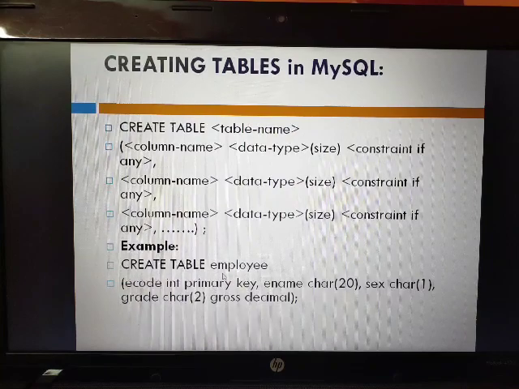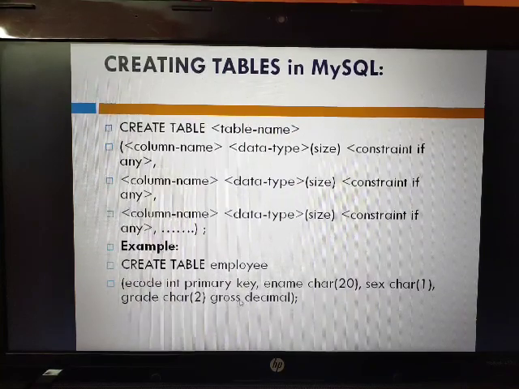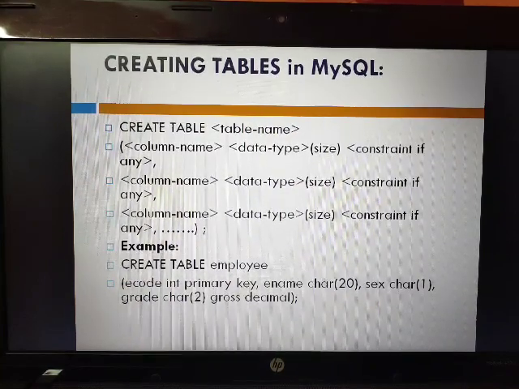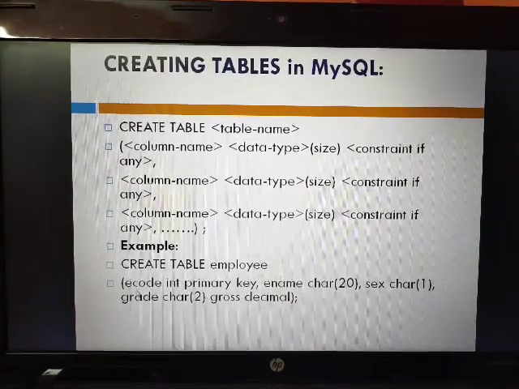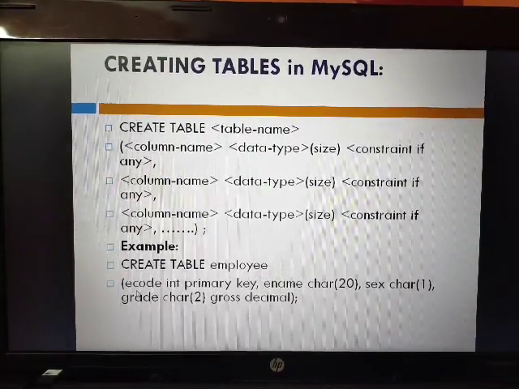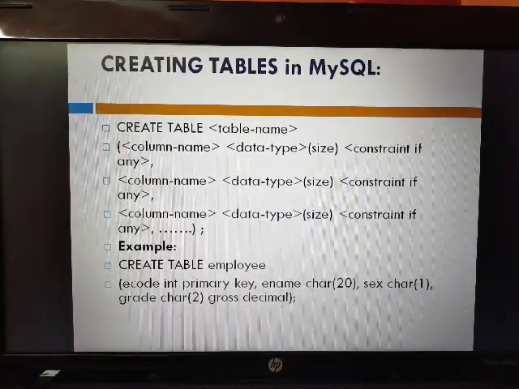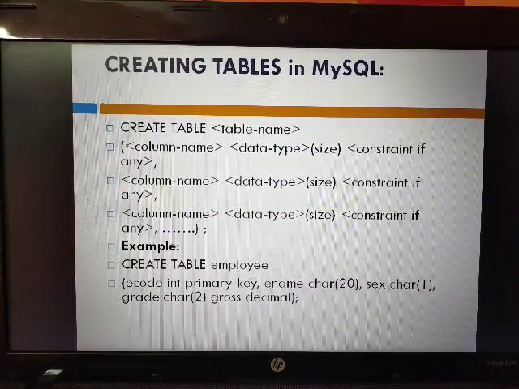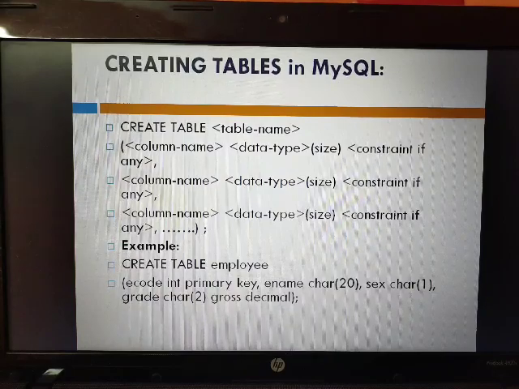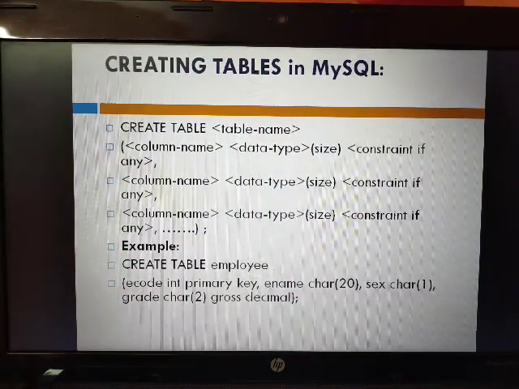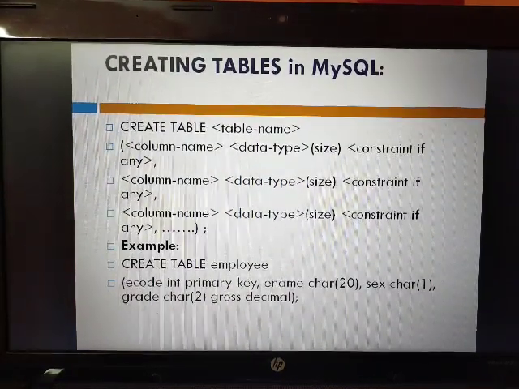So create table employee, ecode integer primary key. Here I have used ecode, integer. ecode is of data type integer, and this is also the primary key. That means in ecode we cannot repeat values, because I have declared it as a primary key.